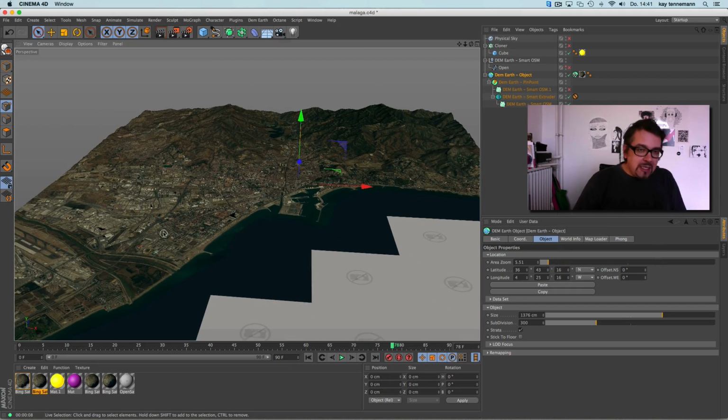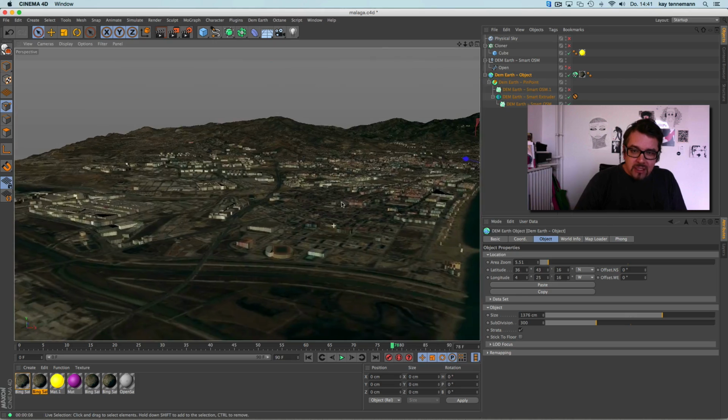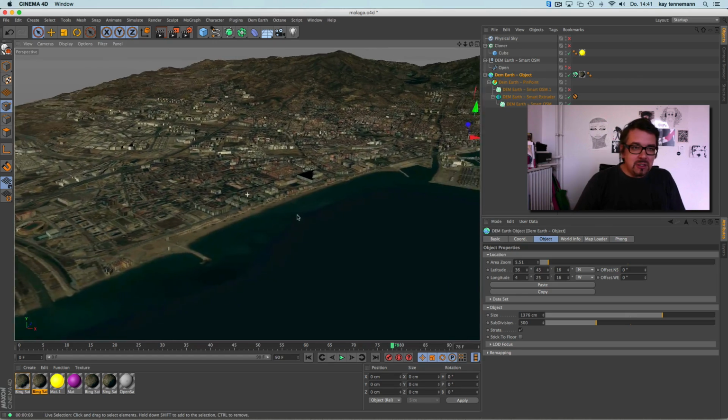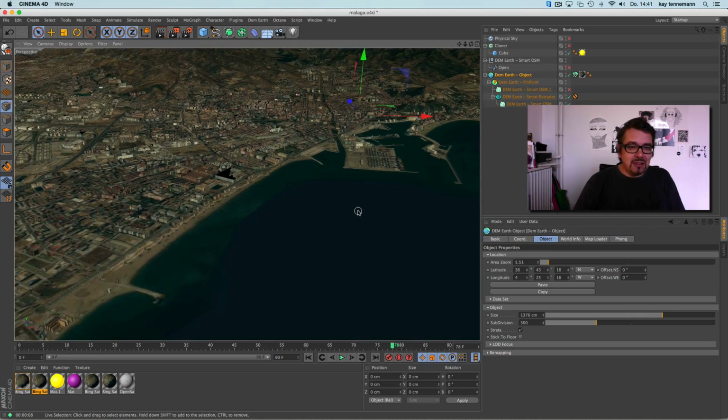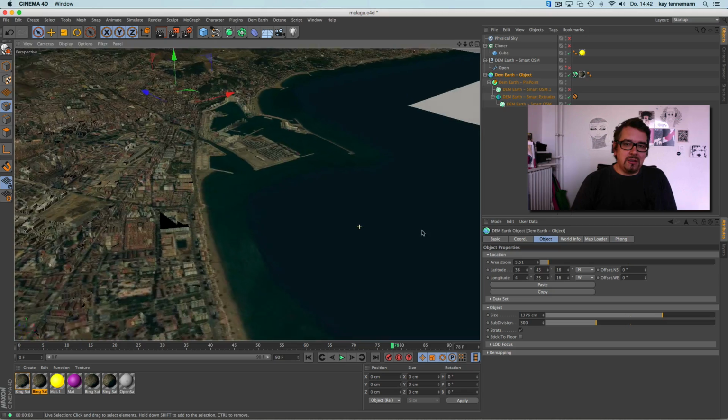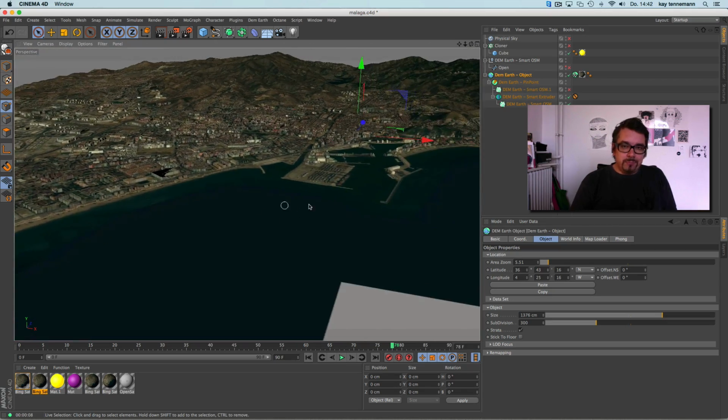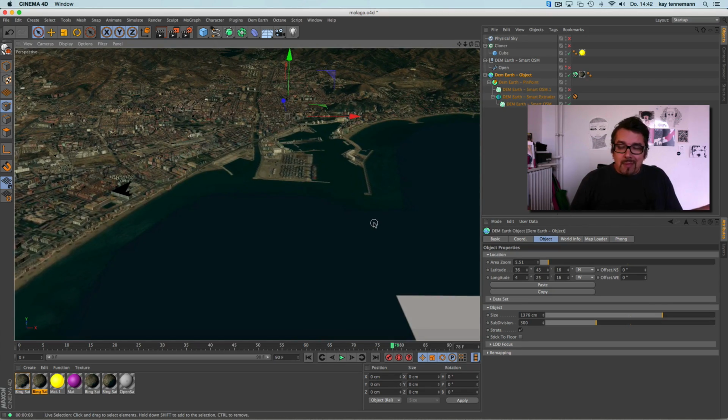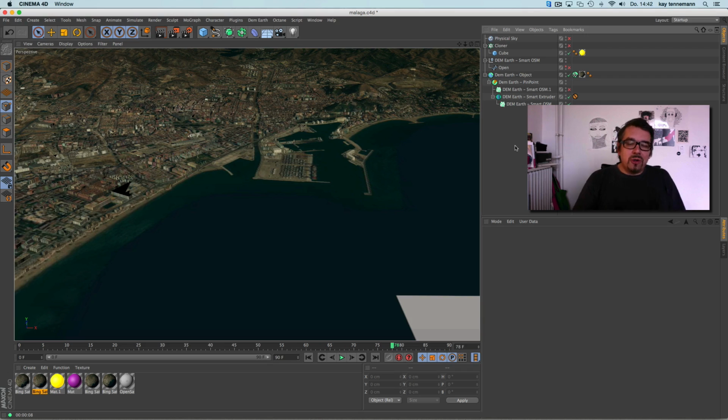So yeah, this is what I'd like to show you. It's very great, and if you have anything that needs terrains or places in the world, it's a very fast way to build good looking shots from the earth. In some cases you just need it for backgrounds or something. It's a time saver, because one thing that's great, you don't have to do research with different tools.